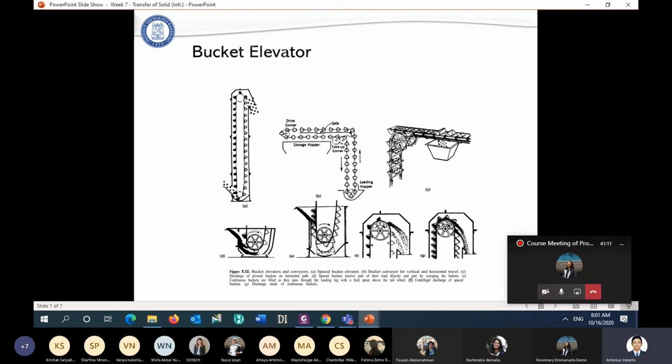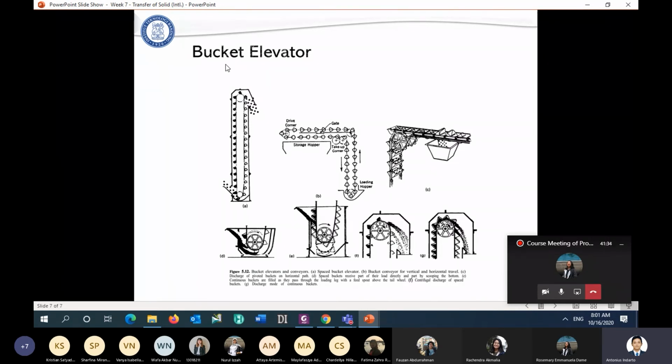And then this one, the one that we also see in the video, is the bucket elevator. It means that we have a series of buckets, and those buckets collect all the solid particle. The movement of the bucket is usually from the bottom side to the top side.